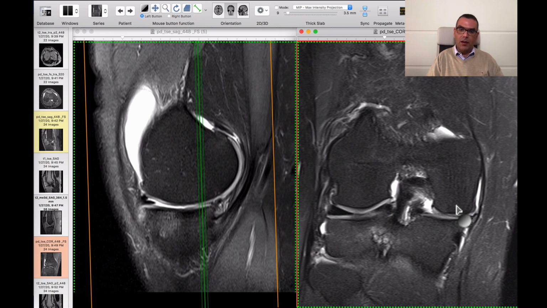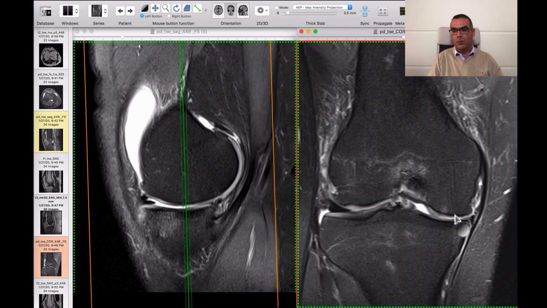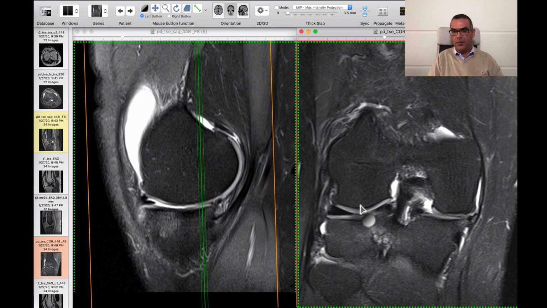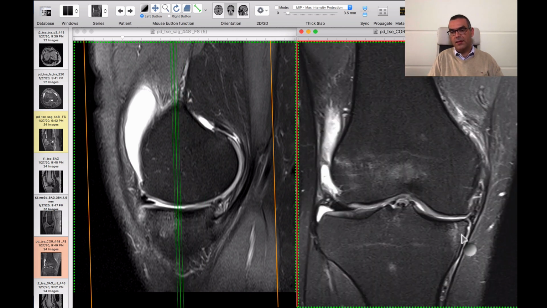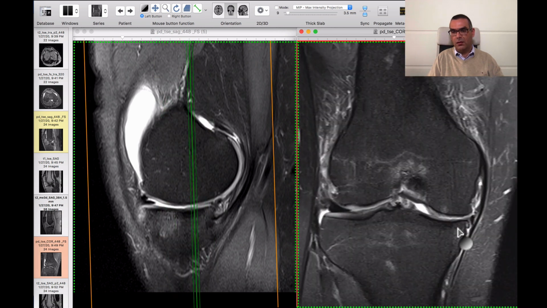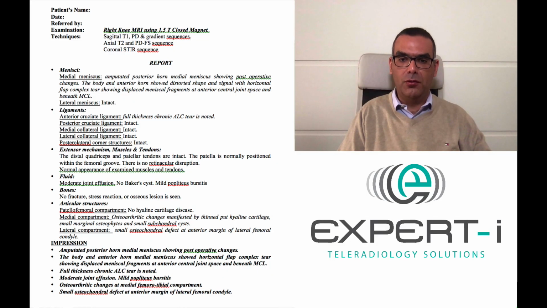So what happens next is you get secondary osteoarthritis at the medial compartment. You can see that the medial compartment is narrowed. Compare this from the cortical line here at the lateral compartment of the femur and the tibia, and there is marked narrowing on the medial joint space, and there is diffuse chondropathy and irregularity of the articular cartilage. So to sum this up, as you now see on your screen,